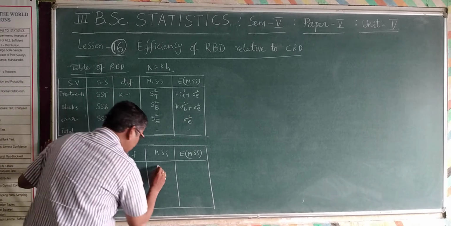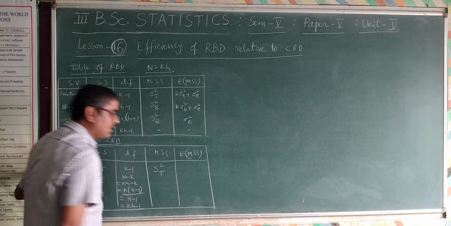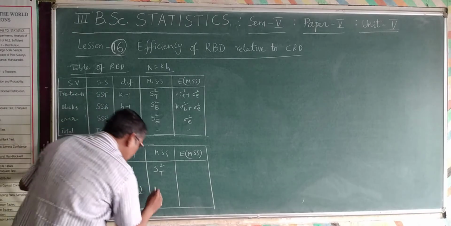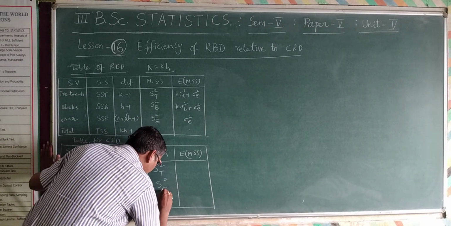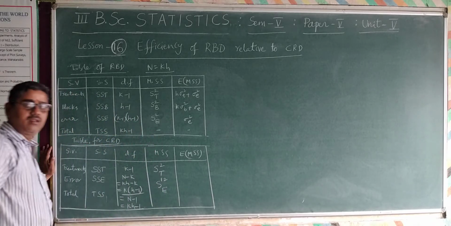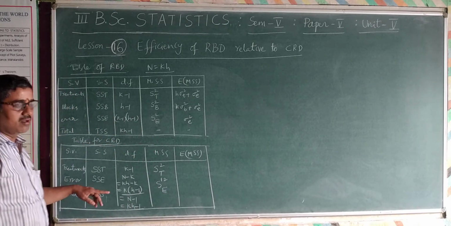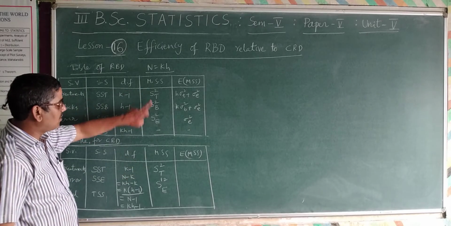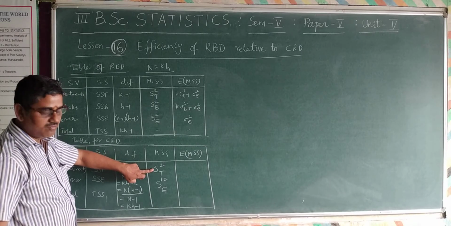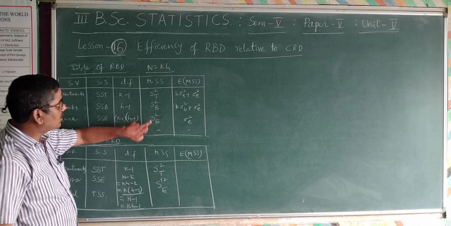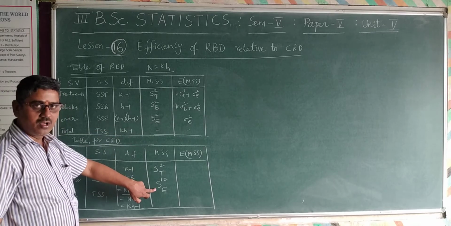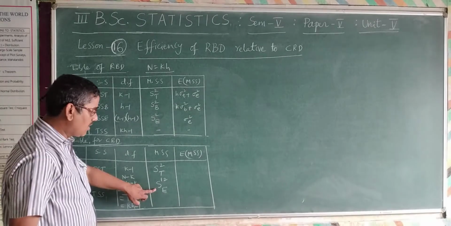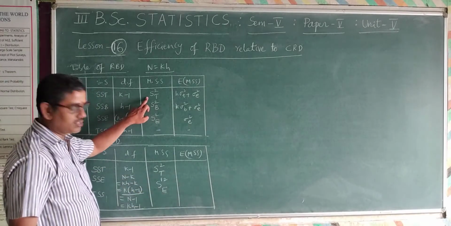Okay, now come to the mean sum of squares, it is s square t. We can consider it as s dash square t to make a difference, but it will be the same. For the error component, s square e will be definitely different, so I consider it as s dash square e. Here we have the same number of treatments, therefore I have considered s square t common. Here s square e will be definitely different from the s square e obtained in the other design, because here there is only one factor, treatments, whereas here there are treatments and blocks.